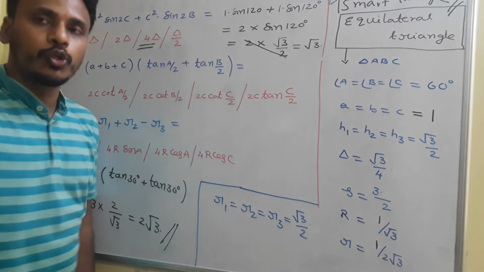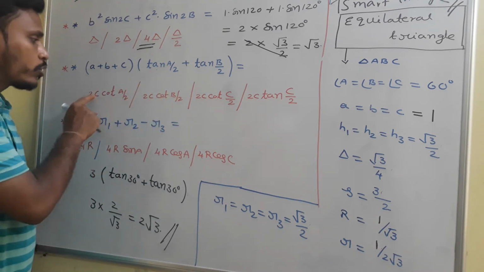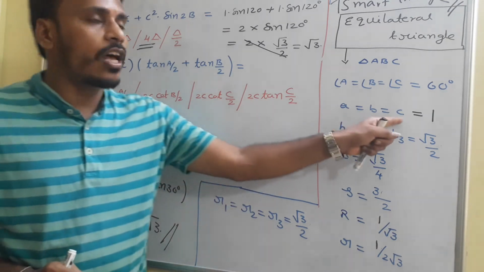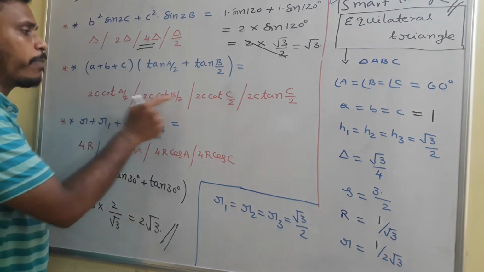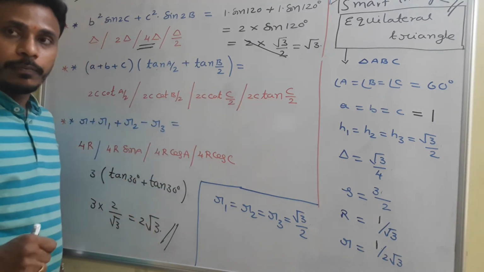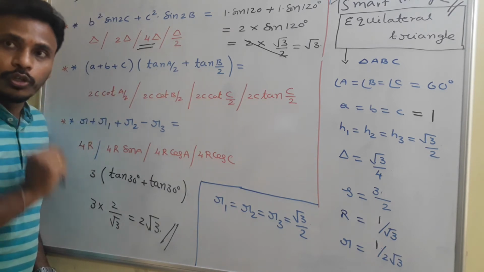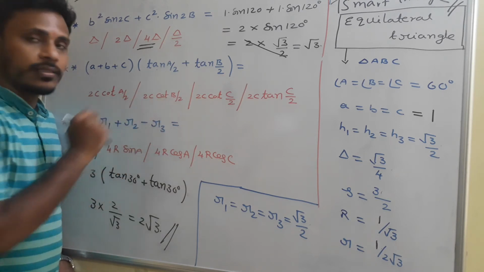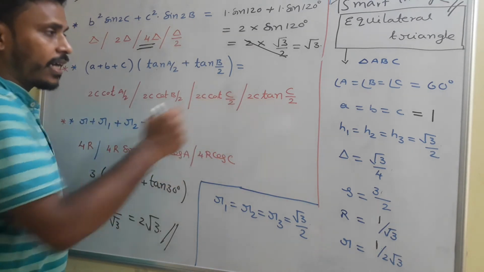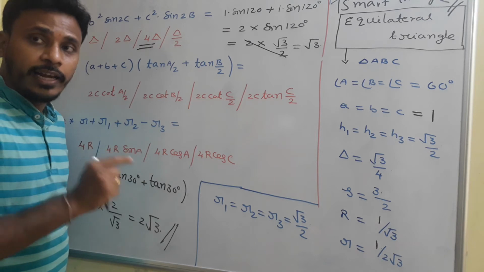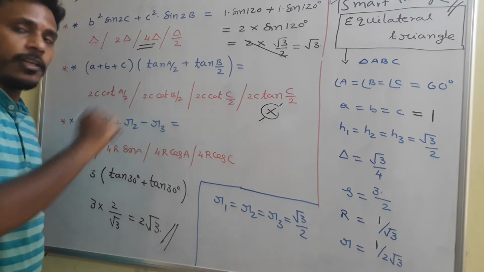From the options, you need to choose the option which gives us 2 root 3. Once look at the options: 2c, 2c, 2c, 2c. Since c is also 1, because we were discussing in the smart triangle, 2c gives us 2. So this 2 gets balanced. Then we need to search for root 3. Our angle is 60 degrees, right? Cot of 60 by 2, cot 30 degrees is root 3. This is one possibility. Again cot 30, one possibility. Again cot 30, root 3, one possibility. And here it is tan 30. Tan 30 is 1 by root 3, right? So this is 2 by root 3, so this is not our option. Then our option may be any one of these 3.